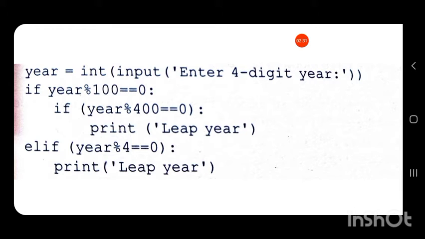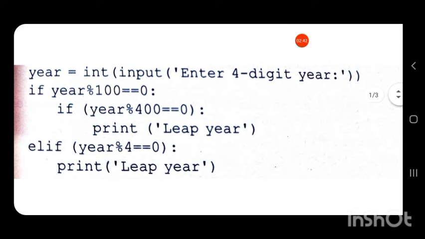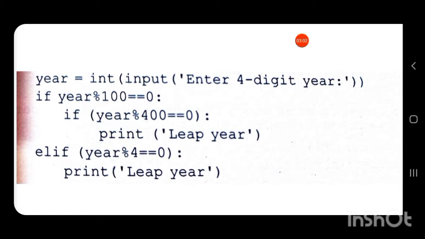Here we have a variable called year equal to int(input("Enter a 4-digit year")). We ask for a 4-digit year because if a user writes 2020 as only 20, it will create an error in the program. So we give that message inside the input function.